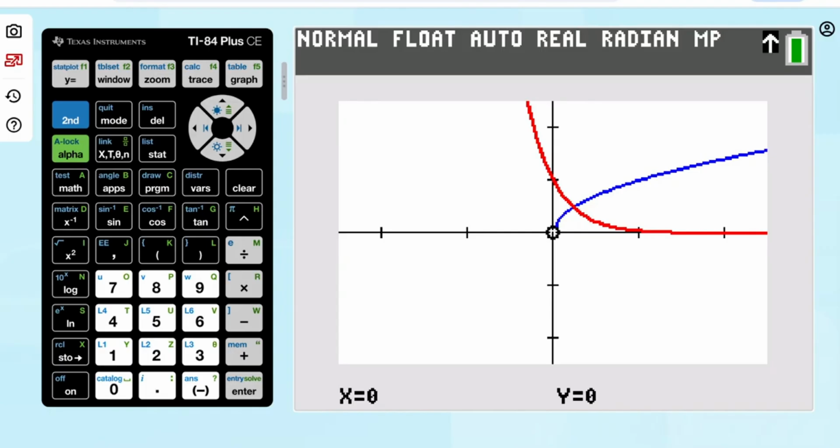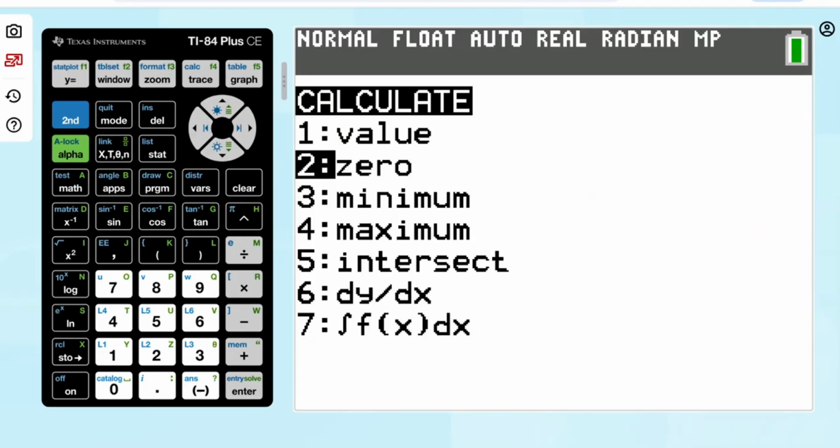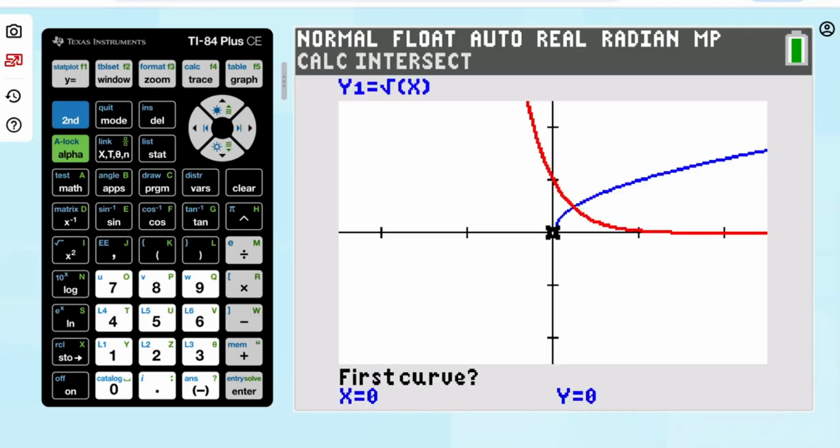And then I'm going to hit second, trace, and pick intersect to find where the two functions intersect, option 5. I'm just going to go over close to that intersection point and hit enter. Go a little past it, hit enter, and hit enter a third time. And see that that intersection point is